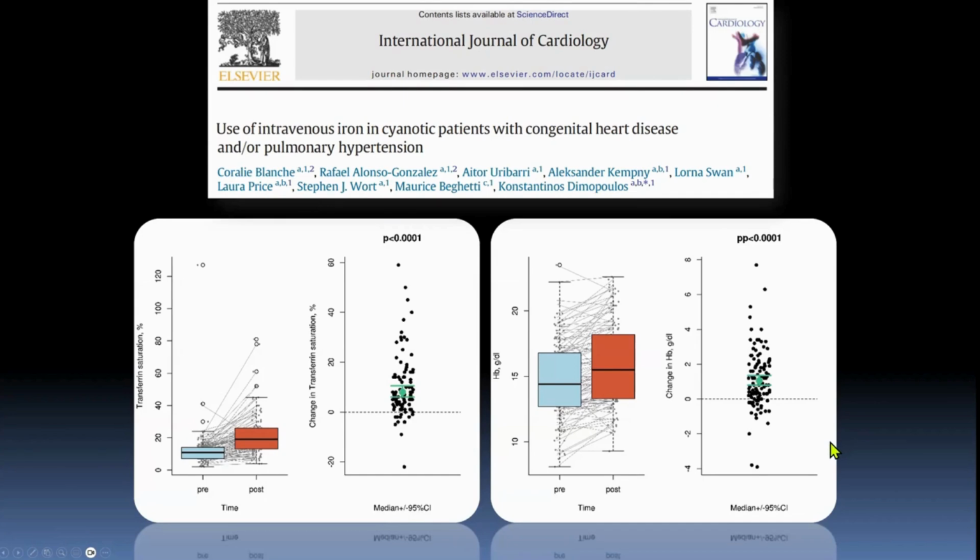Now, there are other things we should be doing with patients, especially with secondary erythrocytosis. We said that these patients, we expect them to have a raised hemoglobin, and this is to increase the oxygen carrying capacity of the blood. You said this patient is blue, there's blue blood going to the systemic circulation. How can I get more oxygen to the tissues? I make more hemoglobin and carry more oxygen to the tissues. Of course, that requires iron, and we have shown that giving oral, also intravenous iron, can be safe in these patients,